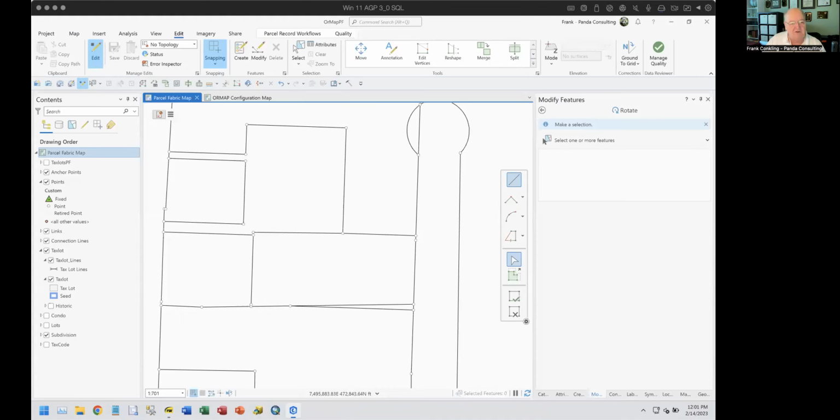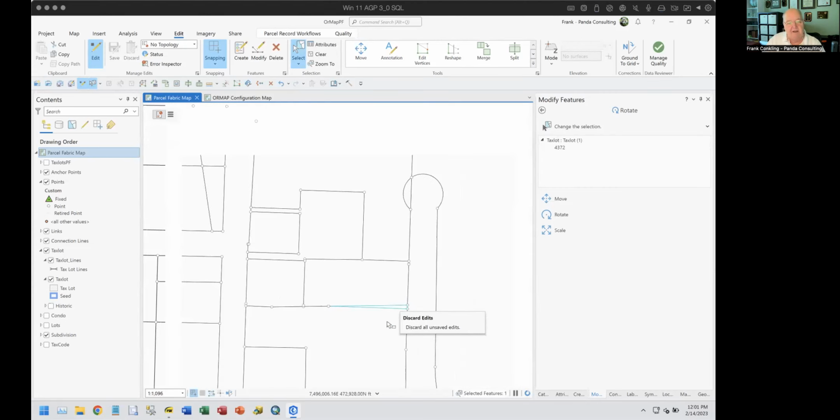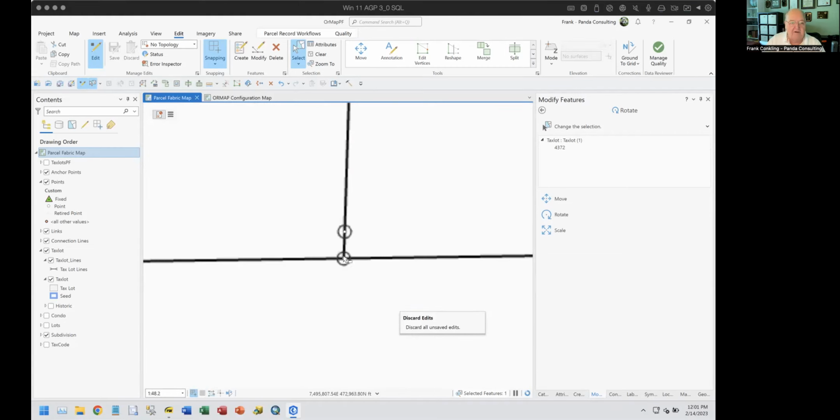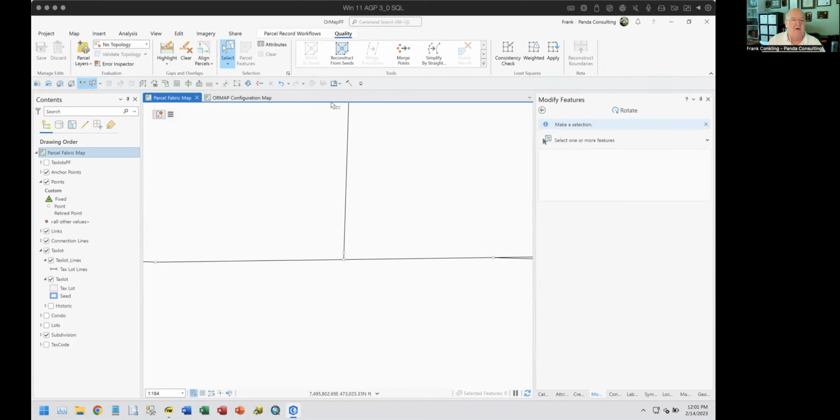I do want to go and show you again in here. One of the things you might do, for example, let's say that this is, I don't even know if there's a polygon here. There is a polygon, there is a tax lot here. So let's see if there's another area here. Here it is. We've got 2 points in here. All right, these 2 points. If we go in here and do a quality driven merge points, we can go in here and